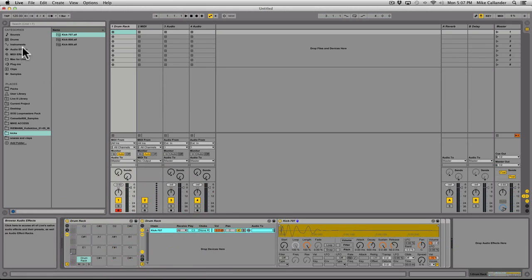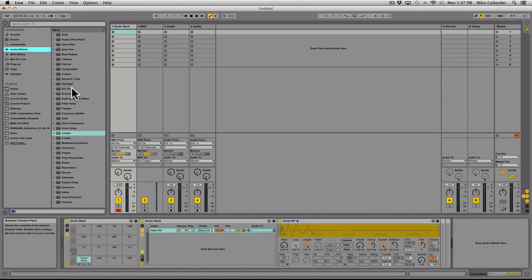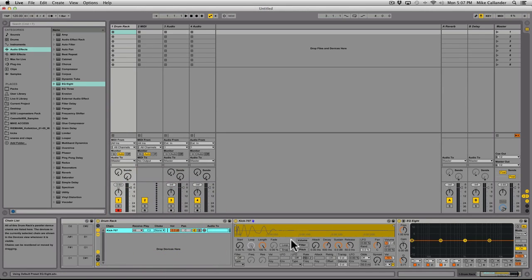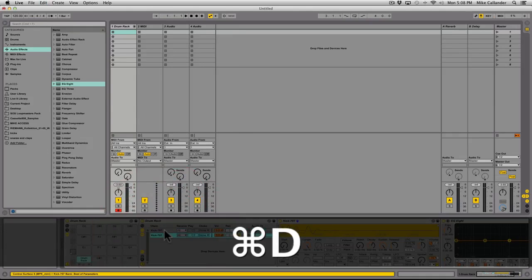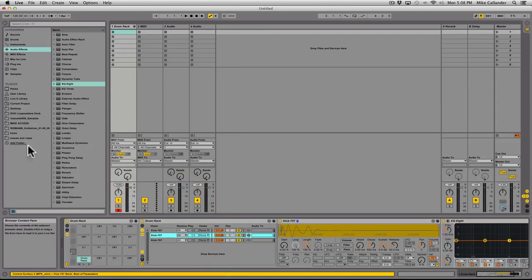I can also throw various audio effects or any other devices I like onto this chain as well inside that Drum Rack, and we can see here I've added EQ Eight there. Later on I'll want to sculpt each sound depending on my preferences using the EQ and maybe some other devices. But for now, once I've got the receive value set to all and the EQ there, what I can do is simply duplicate that chain inside the Drum Rack a couple of times,